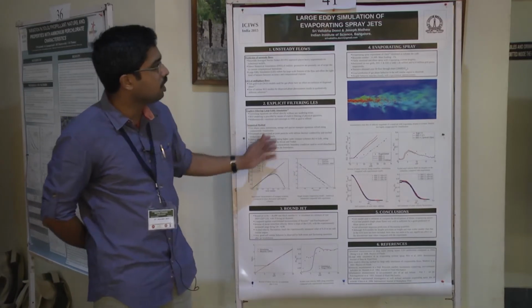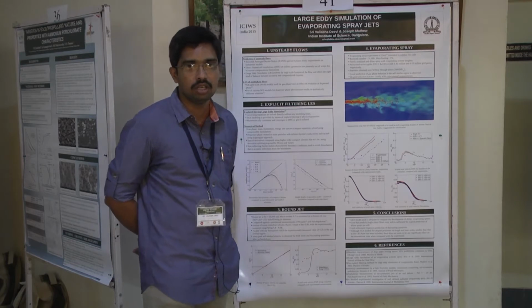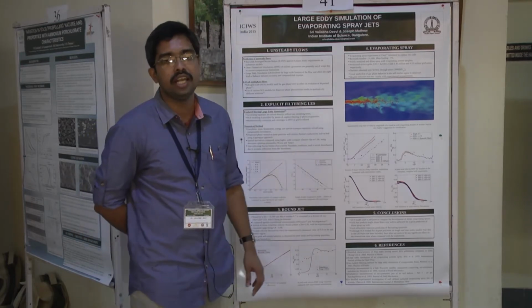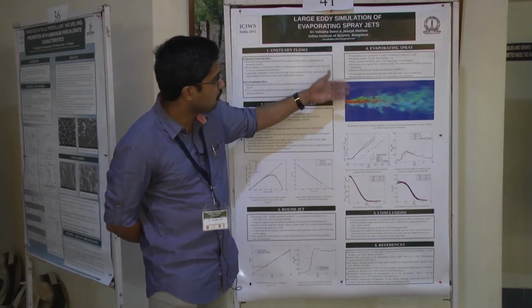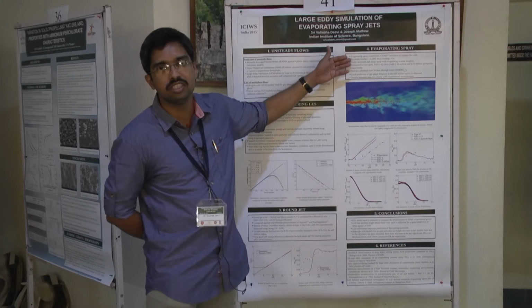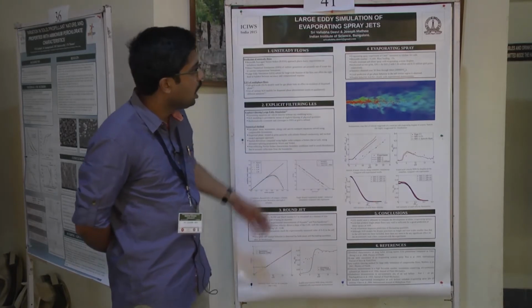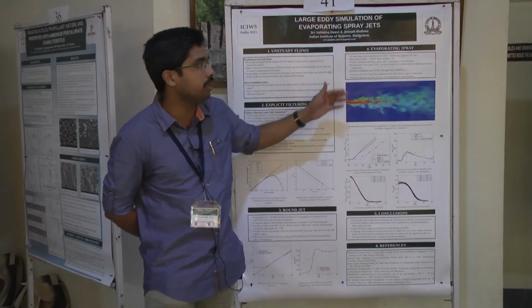So using this method, we have gone on to simulate multi-phase flows, which is essentially an evaporating spray of acetone. The spray is supposed to be finely atomized and very dilute, and the particles are treated in a Lagrangian approach. We have simulated one experiment of Shen, which is at a Reynolds number of 31,600 with a mass loading of 1%, and the simulation is done on 2 grids, which are refined from 1.5 million to 6.5 million.